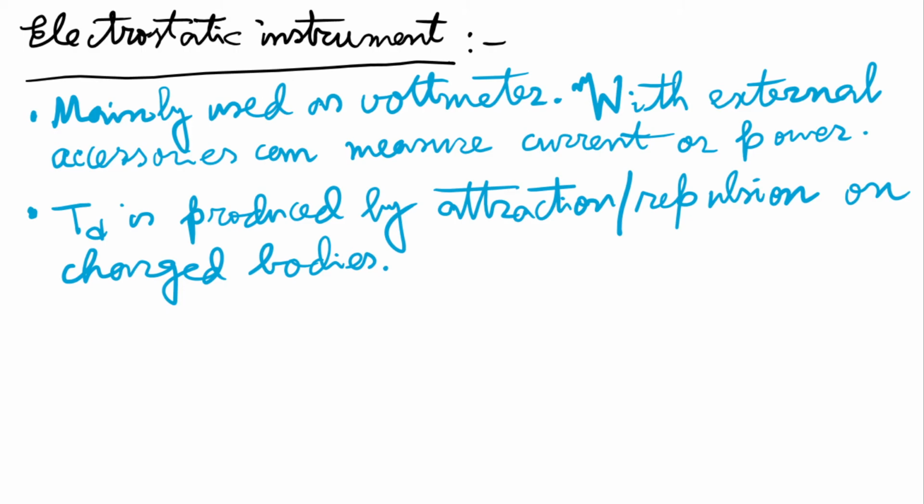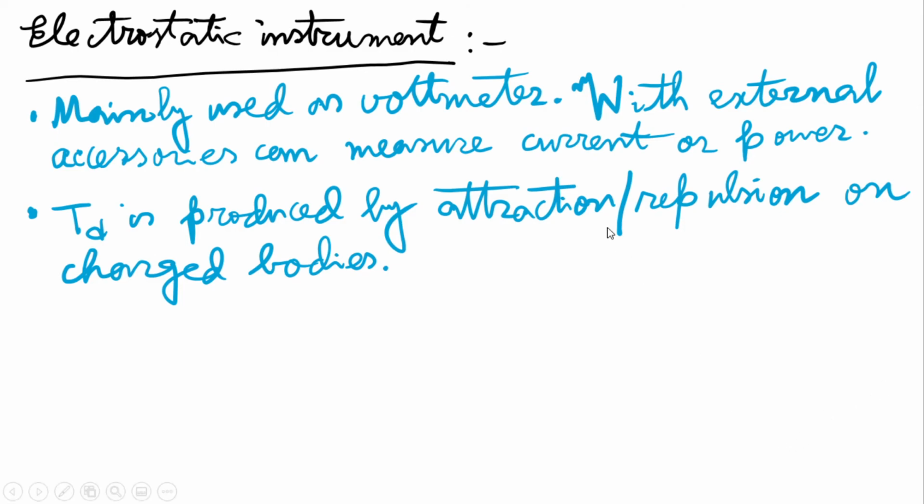Next, we are going to start a discussion about electrostatic instruments. So far we have done our discussion with those devices which create a magnetic field for their usage. Now, in electrostatic instruments, an electrostatic field is used for creating the operating force. So it is a different category. Here in this case, an external magnetic field is not going to affect the instrument because it is an electrostatic field and that will be a magnetic field.